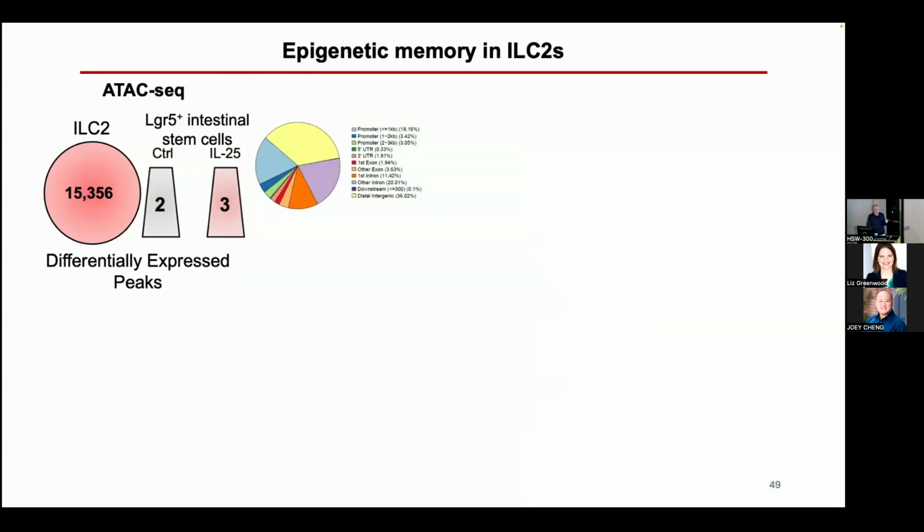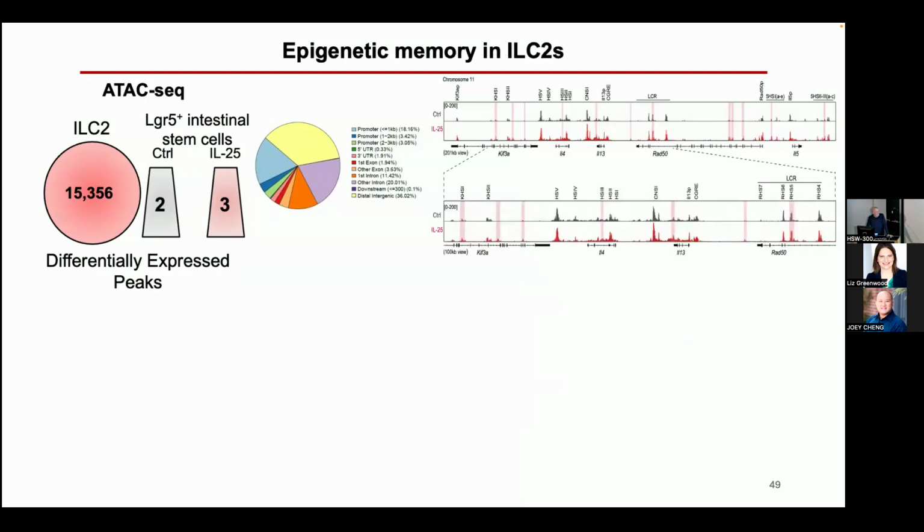So when Victor did ATAC-seq on these cells, it was clear they had lots of changes, whereas the LGR5 crypt epithelial cells had insignificant changes that made no sense when we look at them, including by ATAC of organoids. And they were in the usual suspect regions like promoters, intergenic regions that we were interested in, and distal intergenic regions. And if we pulled up the IL-13, like just the Th2 locus, there were interesting changes all over the genome.